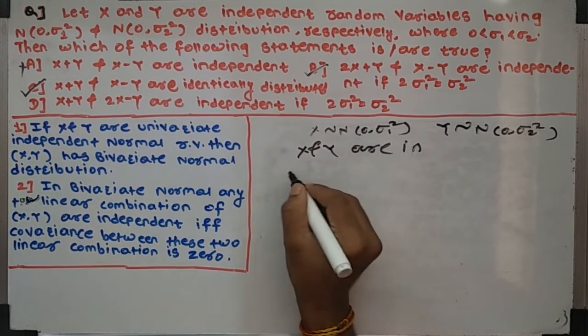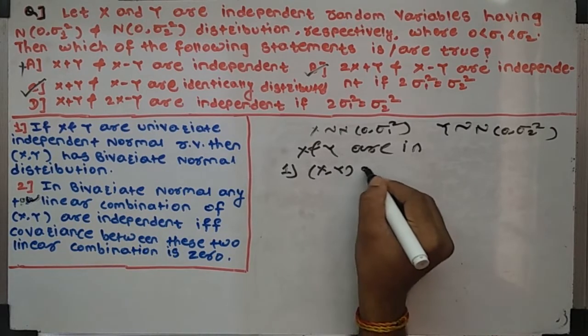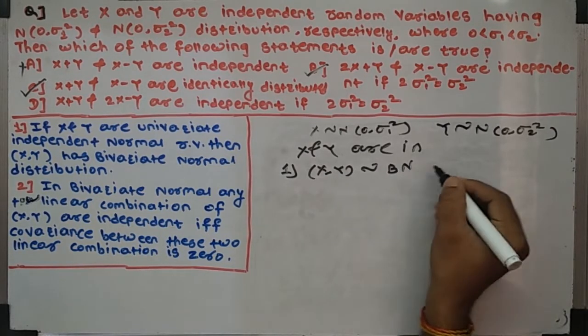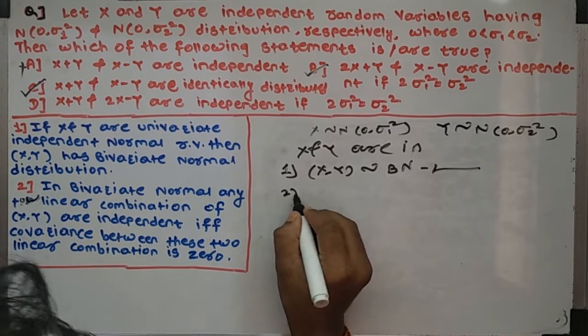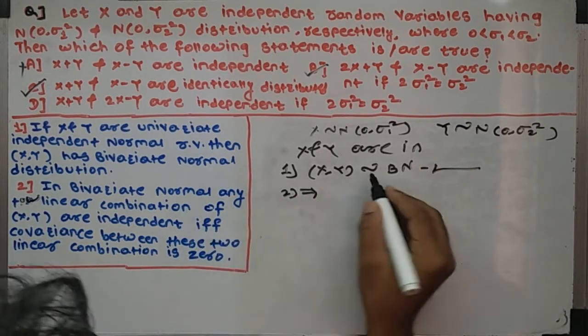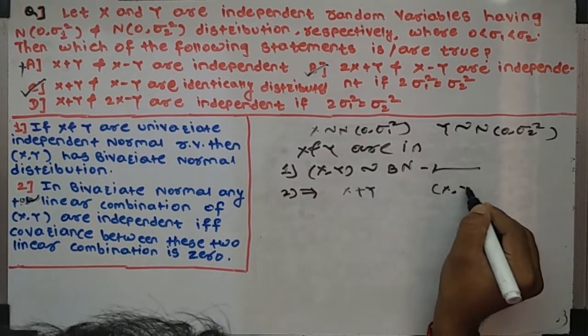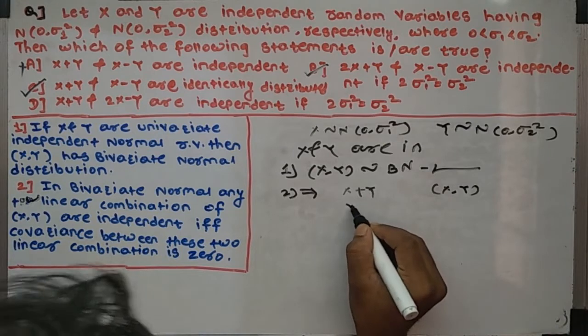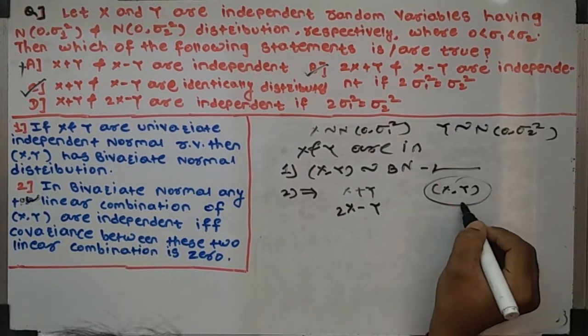So by the first result, x comma y follows a bivariate normal distribution, so we do not need the parameters of the bivariate normal. The second result implies that linear combinations of x comma y, that is x plus y, which is a linear combination of x comma y, and 2x minus y, which is also a linear combination of x comma y,